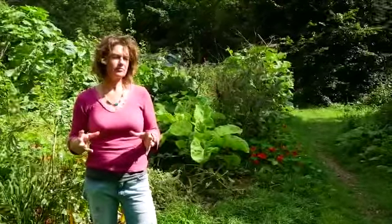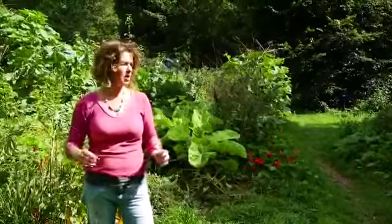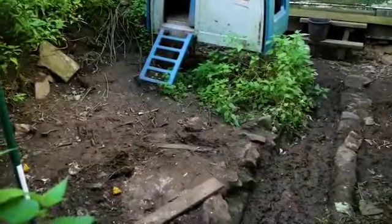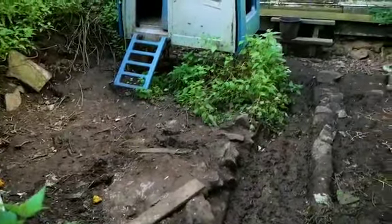a magnet to them. You only have to pick up a fork, in fact, around here, and the chickens will just zoom in on you, which allowed us to establish a garden, but I'll show you what happened to the chicken enclosure. It was winter, they had to be confined. We pretty soon got a rat problem, and it was just generally disgusting, and our chickens hated it, we hated